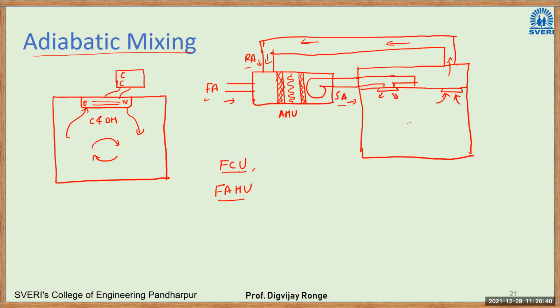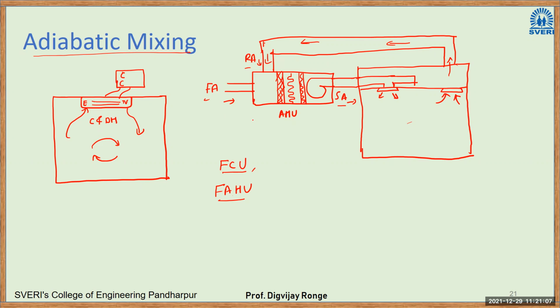So the main point here in adiabatic mixing is that there are two streams which are coming together. They are mixed and we get an outlet. The term adiabatic stands for this mixing taking place at adiabatic condition, so there will be no heat loss through the surroundings. So how does that take place? We'll see now. If you want to draw, you can draw this diagram.